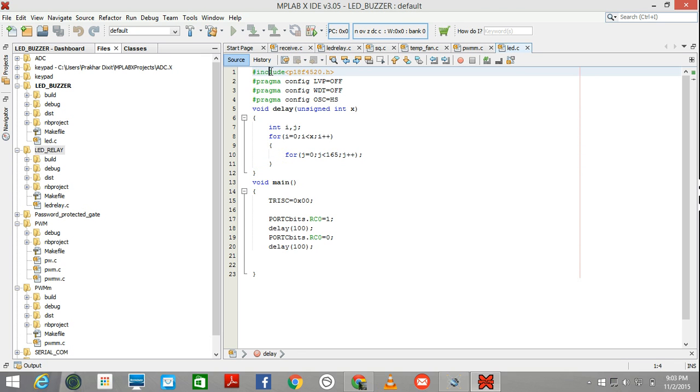Since you guys might know a little bit about C programming, every code needs to have a header file. You have to include certain header files. Header files are actually the files where the definitions of these things, like int, for, unsigned, void,